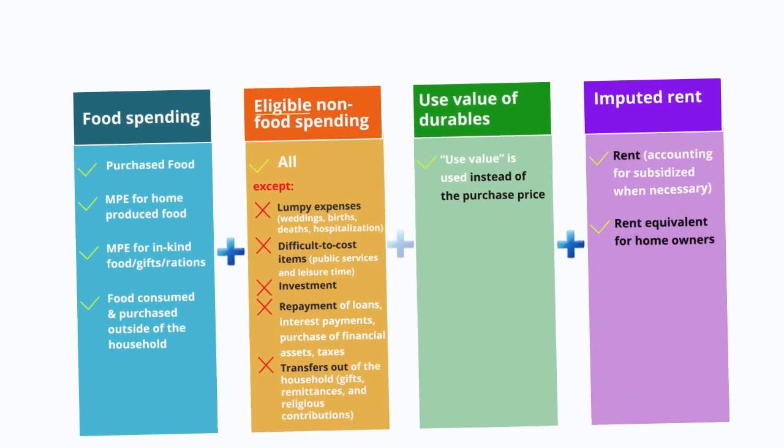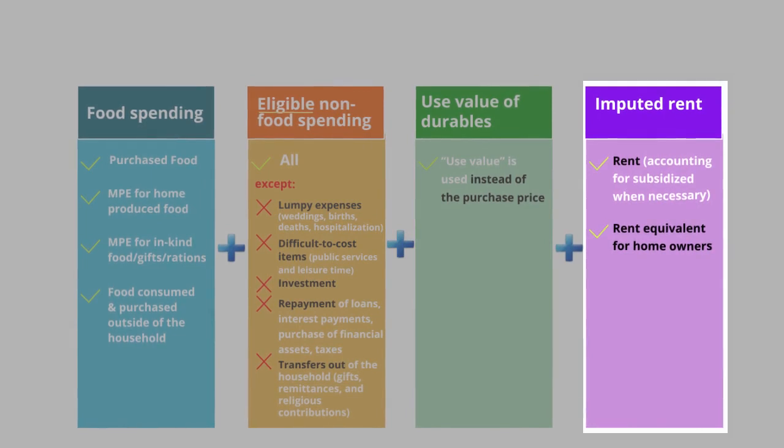The second measure is imputed rent. Households clearly benefit from having and living in a shelter. In the case of those that rent their dwelling, it is easy to estimate the value that they receive, as it is equal to the rent, with the caveat that in some contexts employers provide free or subsidized housing, and we need to take that into account. But there are only certain areas of the country where renting is common, mainly in urban areas. Most households own their homes.